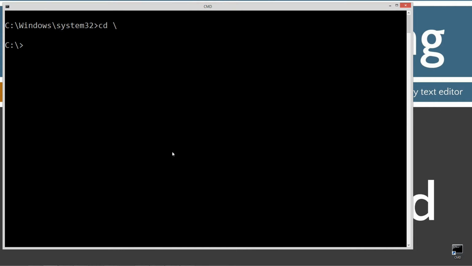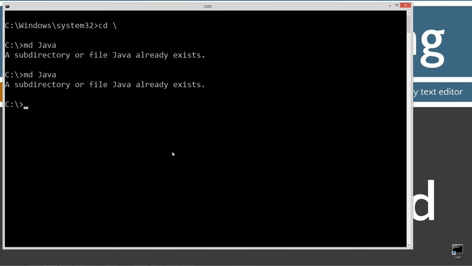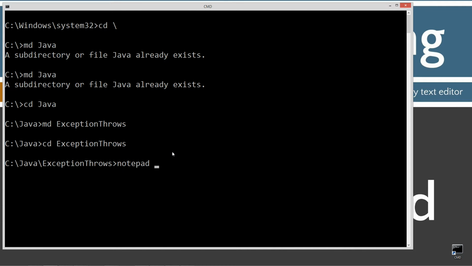CLS to clear the screen, CD space backslash. CD is short for change directory, and backslash tells it to go to the root. I'm going to make a directory using the MD command called Java. I already have that folder, but if you don't, it'll create it for you. I'm going to change directories to the Java folder now. And I'm going to make another directory here, and I'm just going to call this exception throws. Change directory to that, notepad, exception